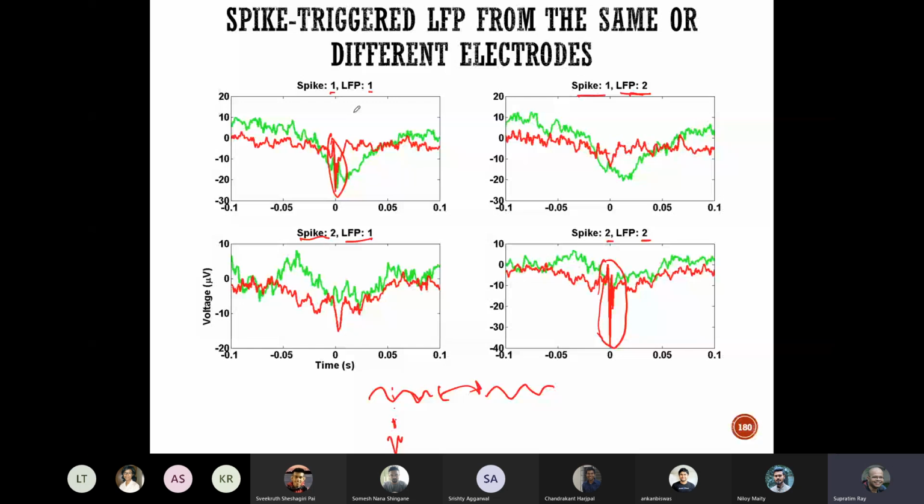So this is often a trick that is used in the field. It's also not a foolproof trick because there is some residual effect of spiking from a different electrode, which complicates our analysis. But to a large extent, the spike related transient is reduced. Use the LFP from a different electrode. So, cross pairs.